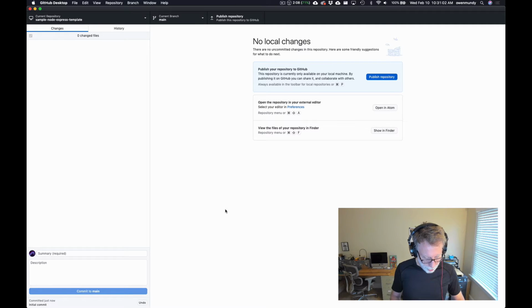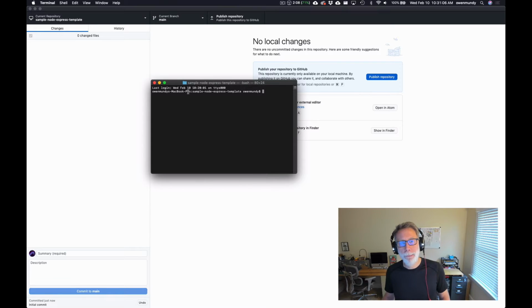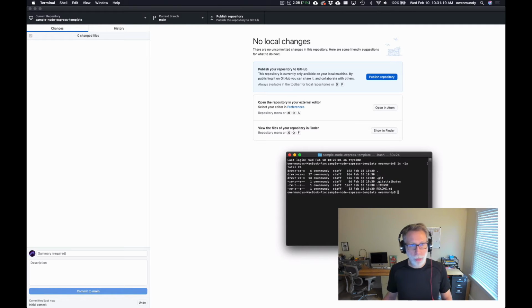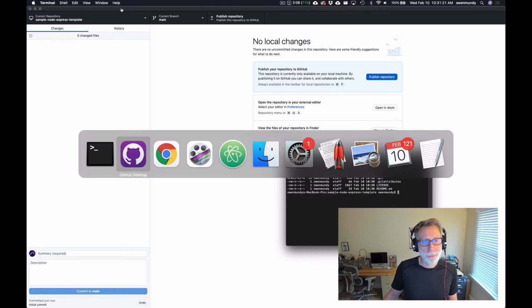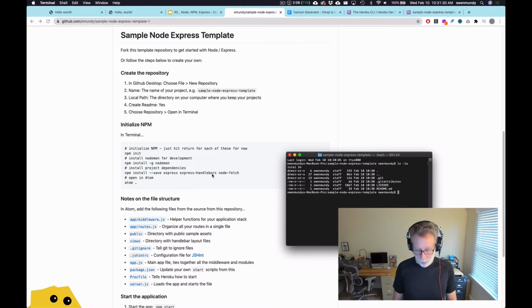So control and backtick will open this in the terminal, and we can ls -la and see that there's indeed a .git folder and a .gitattributes file now. So the next step is that we're going to initialize npm and install our dependencies. So npm init,